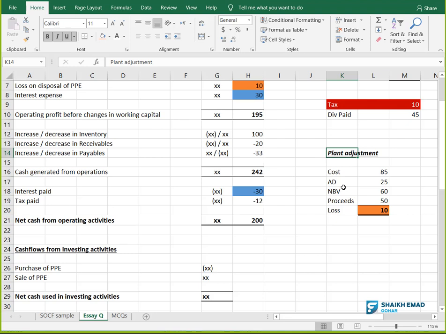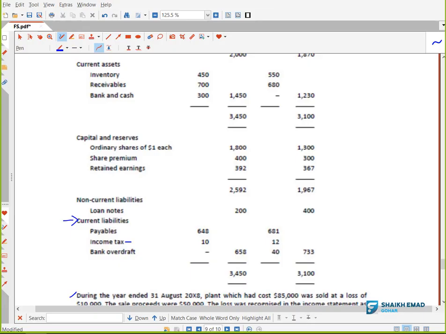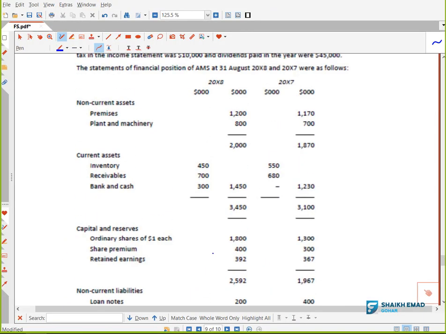You will go to your non-current assets, and you will see what is your opening and closing balance. So we went here and we found out that the opening was 1870 and the closing is 2000. This is net book value or cost? Tell me in the chat box. Net book value, very nice, because the amount written in the balance sheet, that is net book value. Okay, so 1870, 2000, this is net book value.